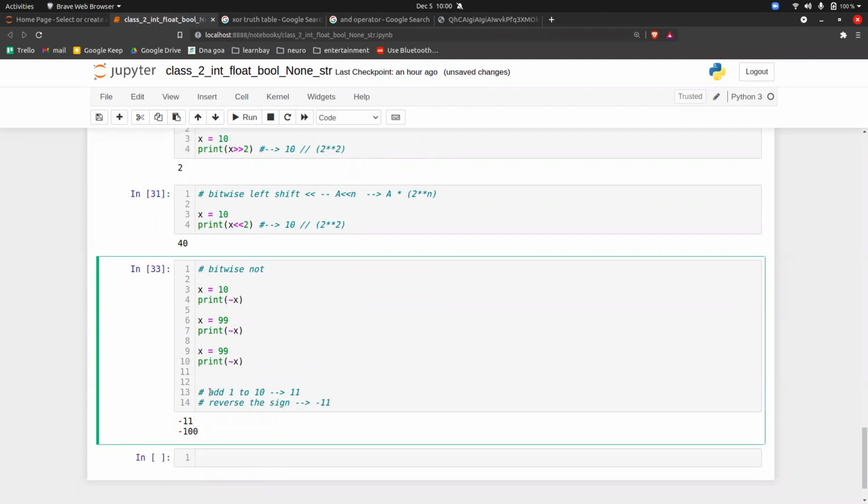Okay, so if I write the generalized formula: add 1 to x, and the answer that you get is y, then reverse the sign of y, and the answer will be that.